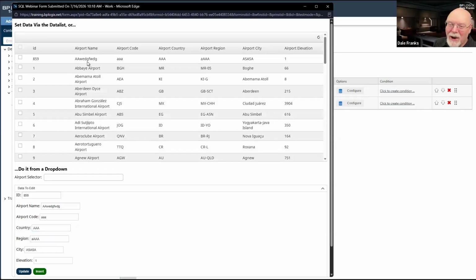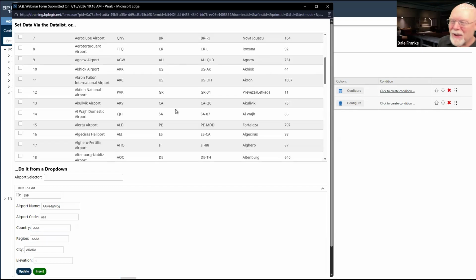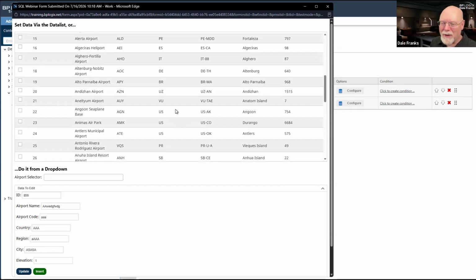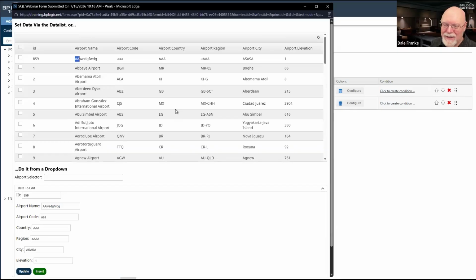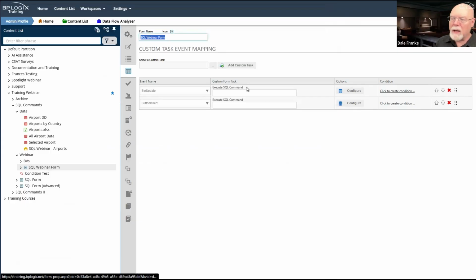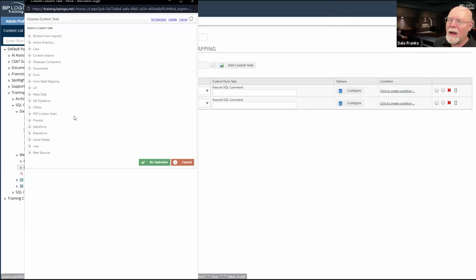So because we are ordering by the airport name, it just becomes a lot easier to start the airport name with AA so that we can see that our airport does in fact exist and we are good to go. Great. Our insert works as expected. We can now move on to our very last one, and that is our delete.